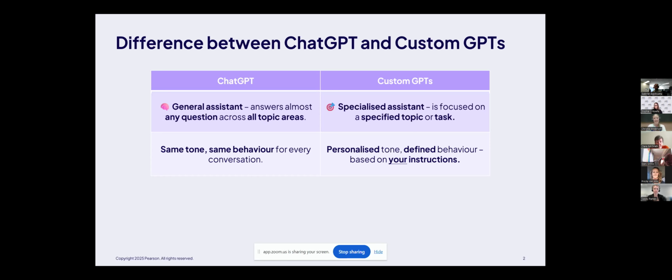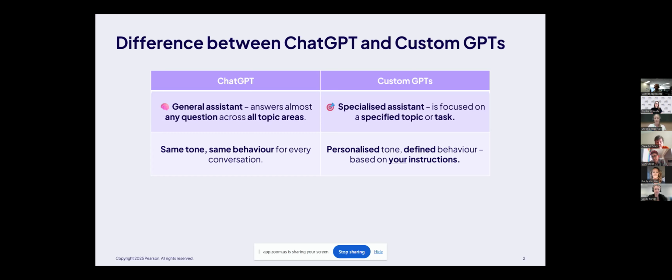What's important to see here is that we have sort of a funnel. We have ChatGPT general, we have custom GPTs which other people might have created, and then we have custom GPTs that you can create. So we're honing in from the more general, to a custom GPT that somebody else might have created, to a custom GPT that you can create. And you can make it super personalized to fit your context, to have a consistent set of behavior that you have defined based on your instructions.